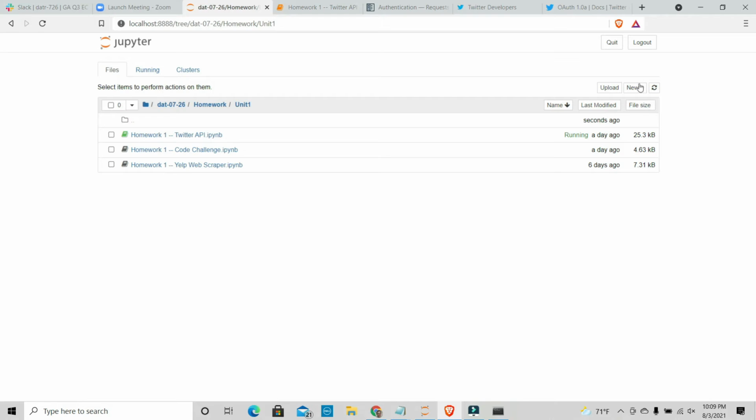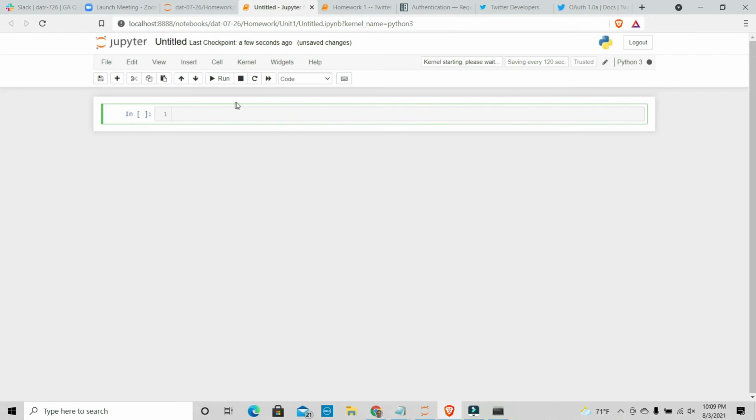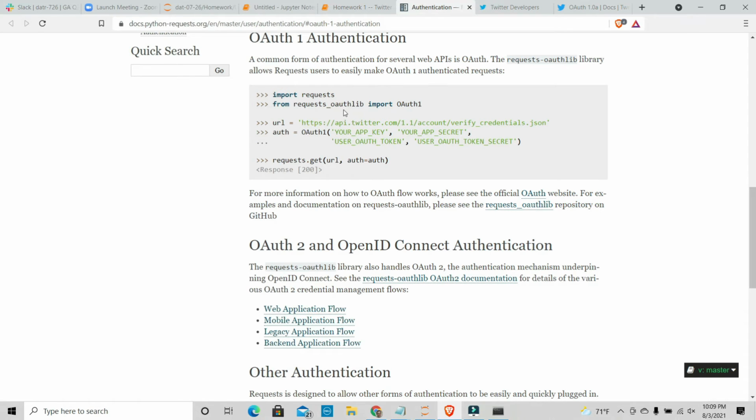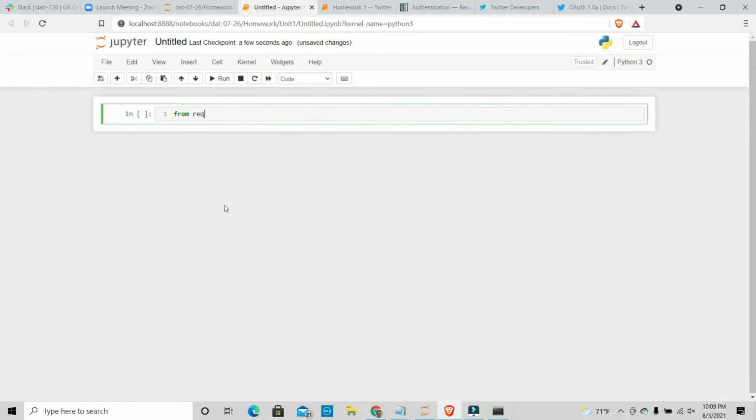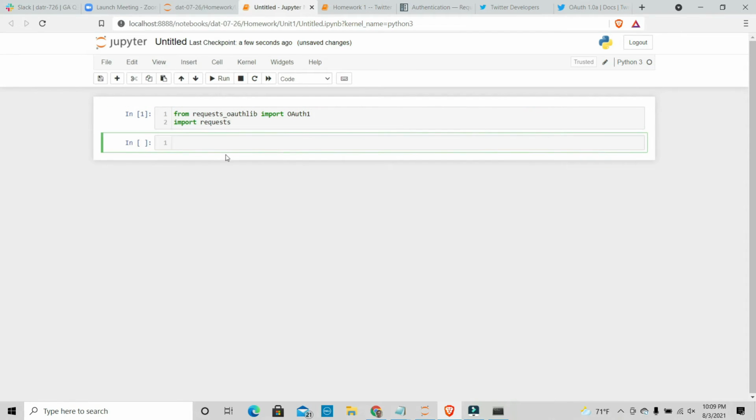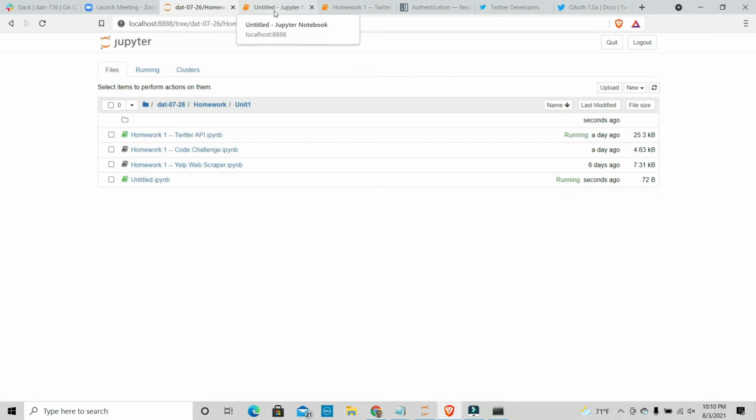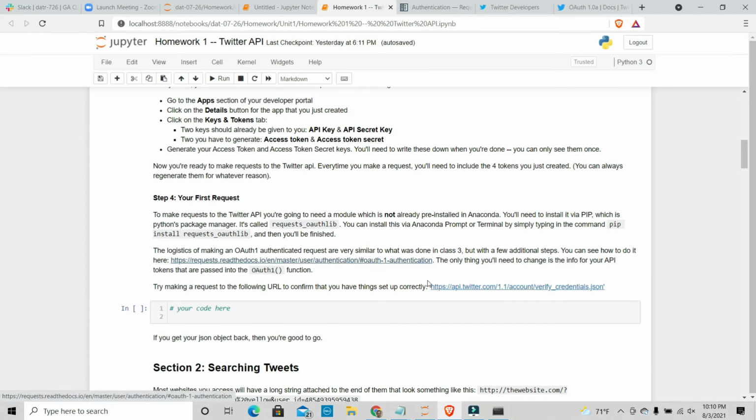I'll just go ahead over here. From requests_oauthlib import OAuth1. All right, let's do this. And then let's import requests right over here. And if you look at the homework, it actually gives you the URL right over here. So if you copy this,